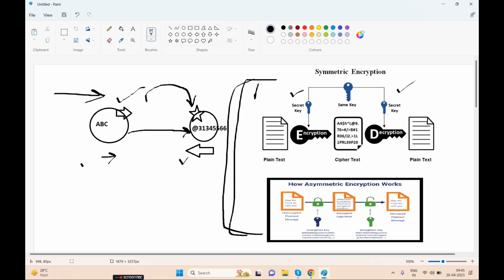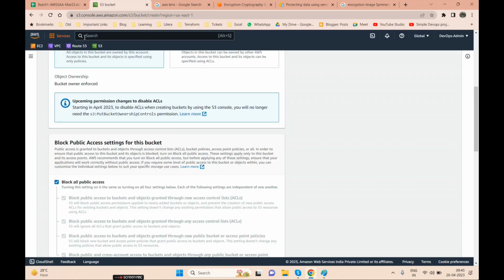So we can attach automatic key rotation here, and we can give the days, for example 14 days, 30 days or 15 days. With that, automatically this key will be replaced, it will change. So every 14 or 15 days this key is changing, so people will not understand which key is being used, like this. Okay, there is one part.